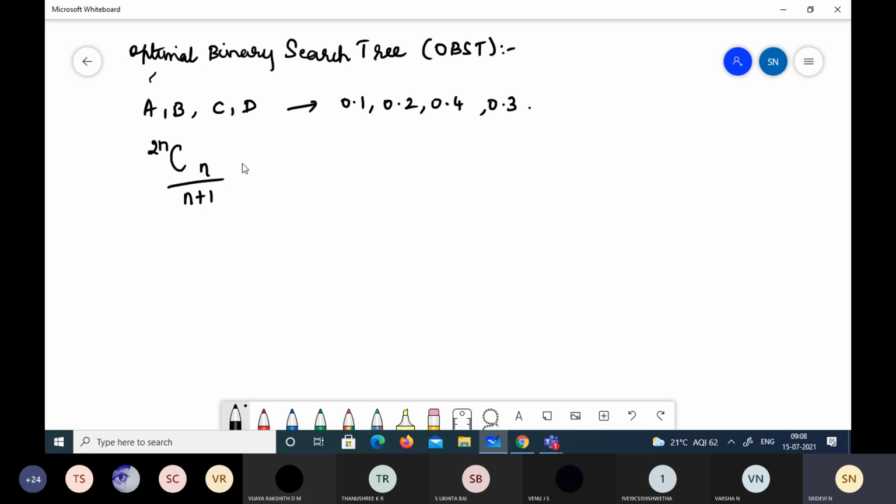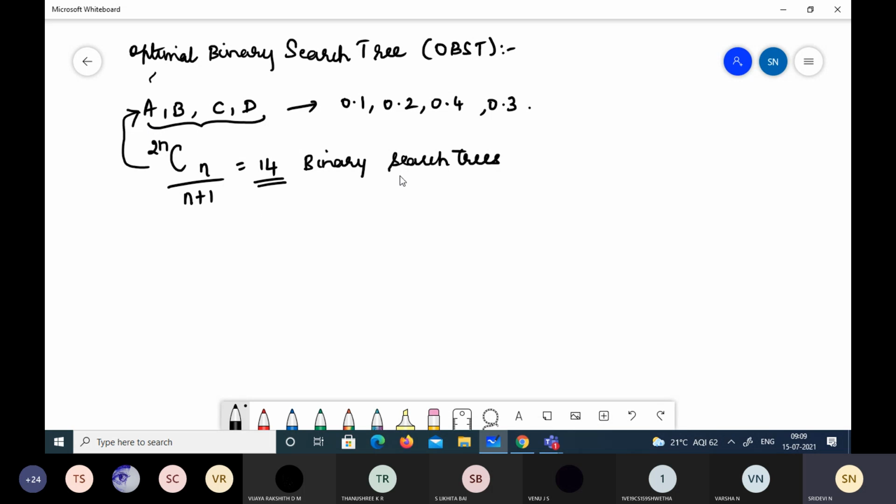If you solve this, it will be 14. So for this combination of A, B, C, D, we can construct 14 binary search trees which contain these keys.